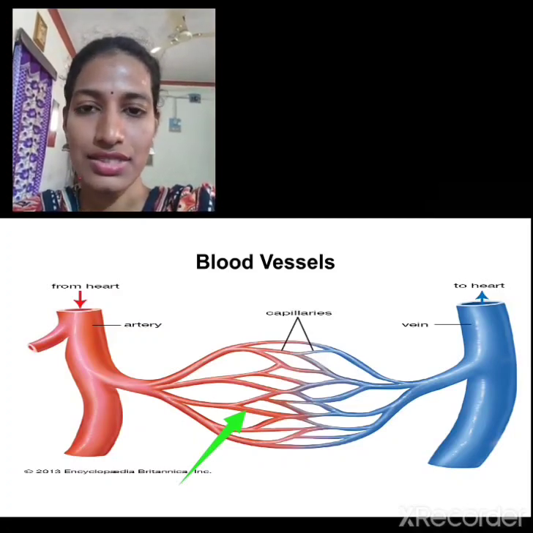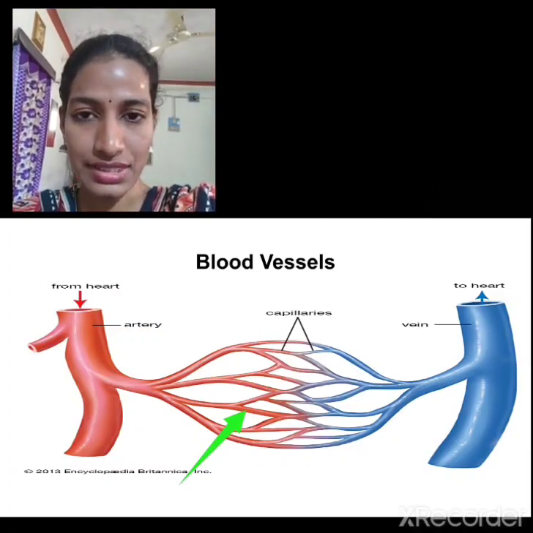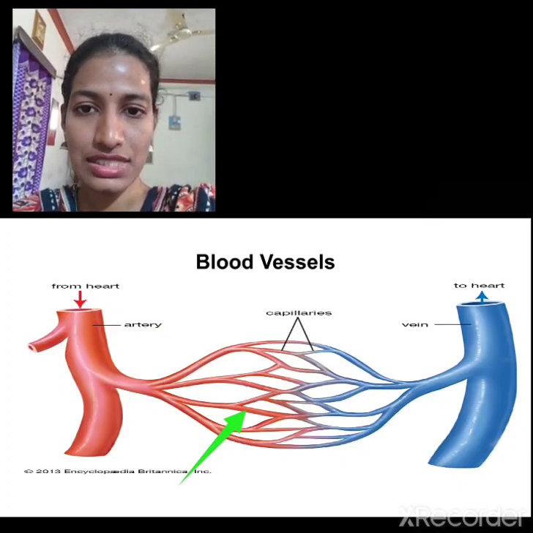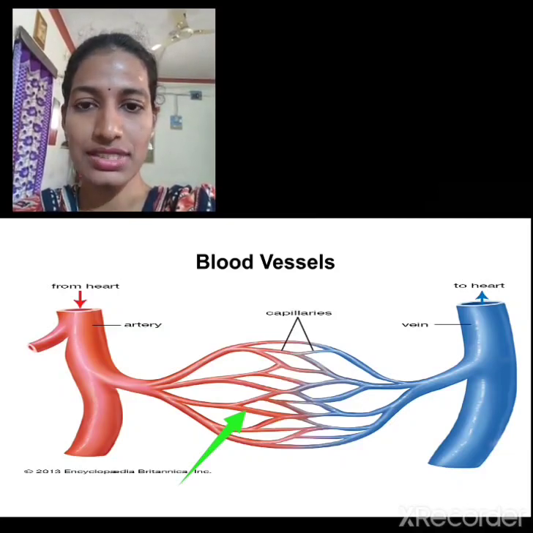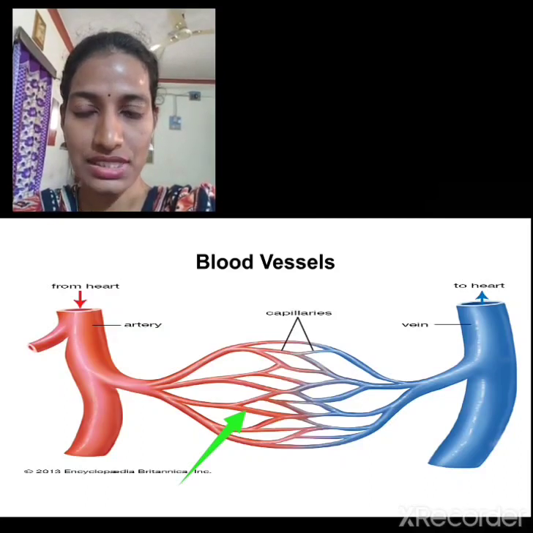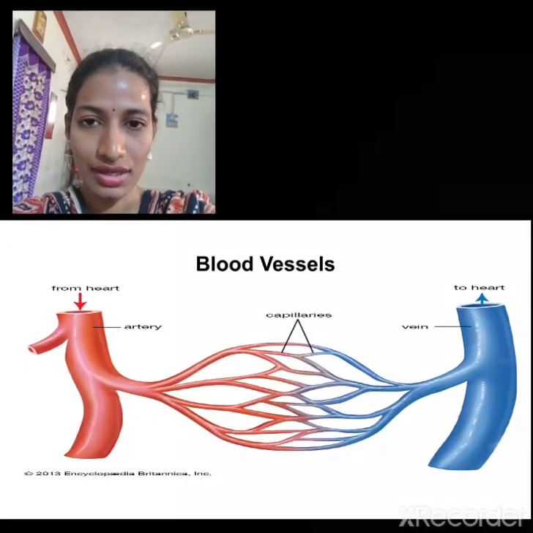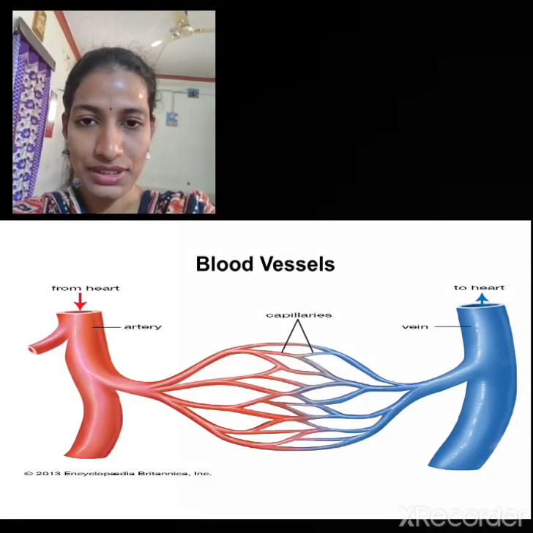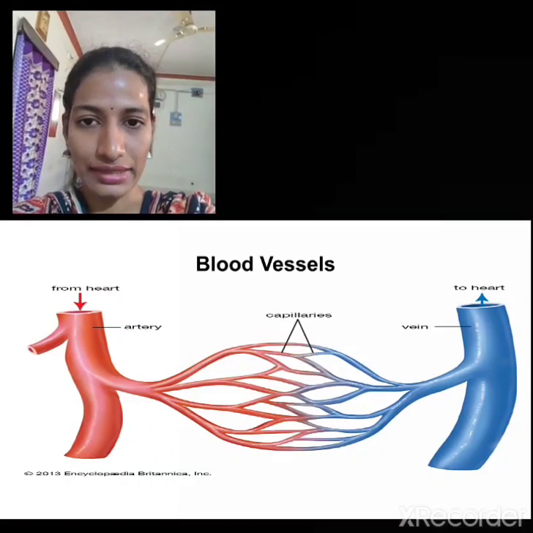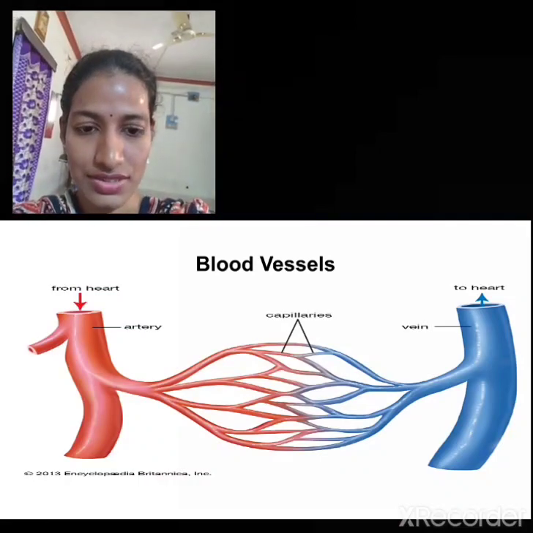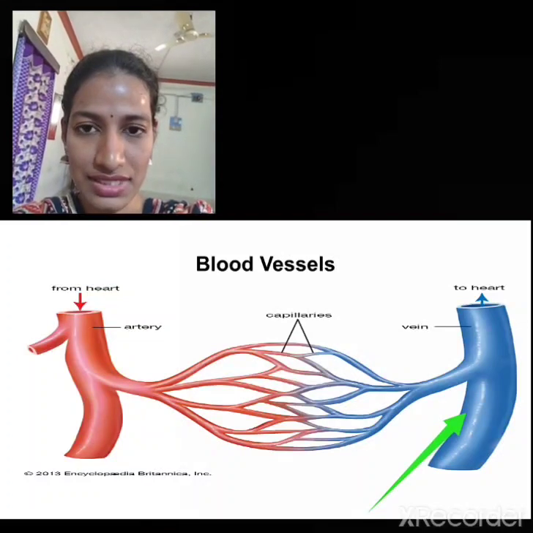Then, as you had already learnt in your previous classes, a group of tissues with similar structure and function forms an organ. So indirectly, these capillaries are supplying the nutrients and the oxygen-rich blood to all the organs of our body. Along with this process, they also help in the removal of the waste materials produced by our body, and they pass it to our veins. So here you can see these are the veins then.